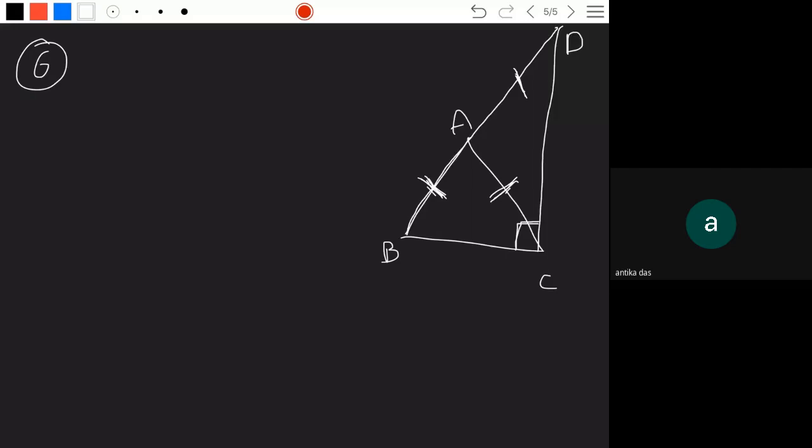How can you prove it? See here, symbolically I am going to denote it. When these two sides are equal, this angle is equal to this angle, X. And in triangle ADC, these two sides are equal. AB is equal to AD given, AB is equal to AC given, so AD is equal to AC. Then this angle will be equal to this angle. Don't consider that when the sides are equal, here most of the students will write X also. That is wrong.